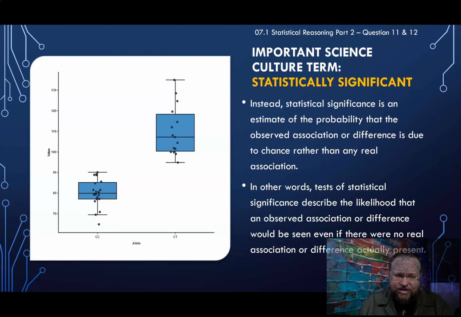In other words, tests of statistical significance are something you can calculate. Again, this is quantitative reasoning, science, and stats, so there's going to be some kind of calculation off the data to give you back an actual value, and there are different tools that can tell you statistical significance. It describes the likelihood that an observed association or difference would be seen even if there were no real association